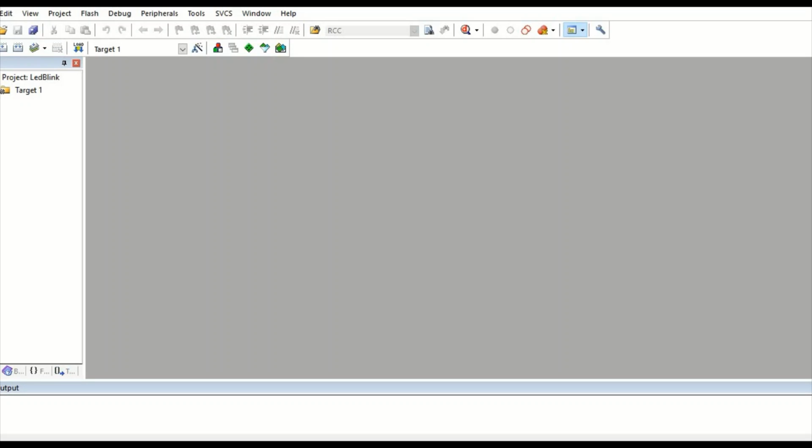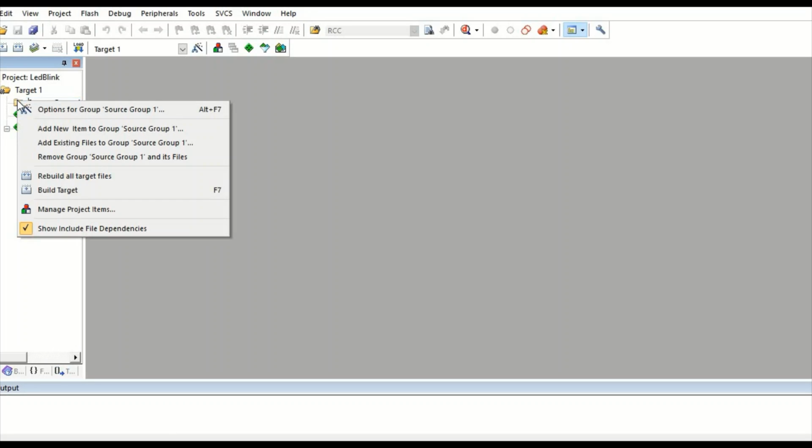Now we have created a new project. So you can see these files are added. This is the startup file. Now you need to add a new file, that is main.c. Right click on Source Group 1, go to Add New Item.